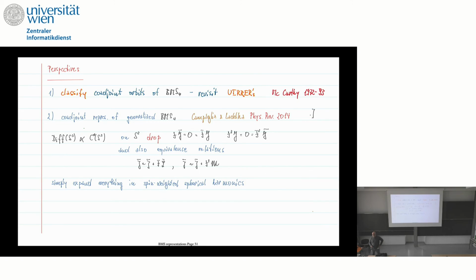Then you could say, okay, I'm just interested in this. Absolutely. We have done it in detail for BMS3, in the paper with Blagojevic on holographic positive energy theorems in three dimensions, which was really answering this question. Only the orbits, because there somebody else has done the hard work for us, because they know what the good orbits for the Virasoro group are. But in four dimensions we have not looked at it.